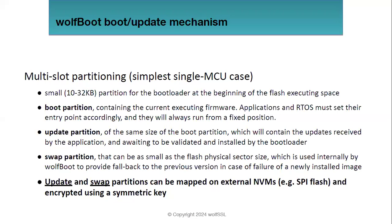So that wolfBoot can verify its authenticity and integrity at boot time. The update partition is the partition that receives the update, so it contains the candidate for the new update installation after the update has been received by the application, and then the two are swapped using this auxiliary swap partition,